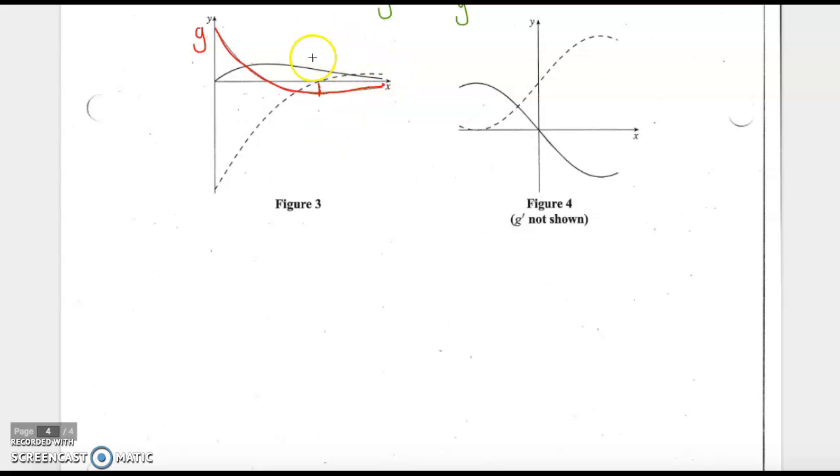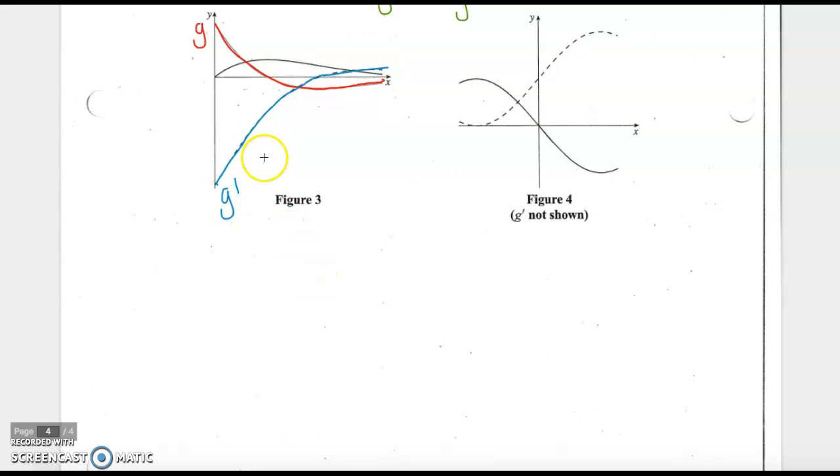I would say then it goes to increasing. So it is decreasing until here, and then it goes to increasing, which means my first derivative should go from negative, which this one does, till here, and then it goes positive. So I would say that this is G prime. And then again from here, I have to just double check and see whether or not this would match as my second derivative. So if G prime looks like it's only increasing, my second derivative should only be